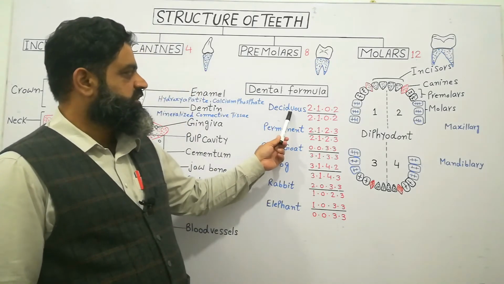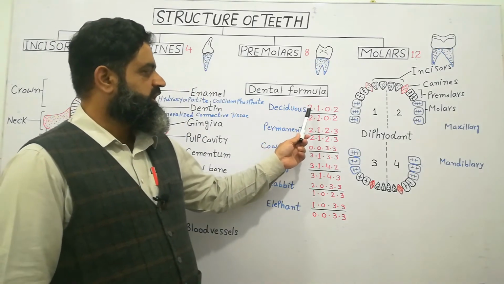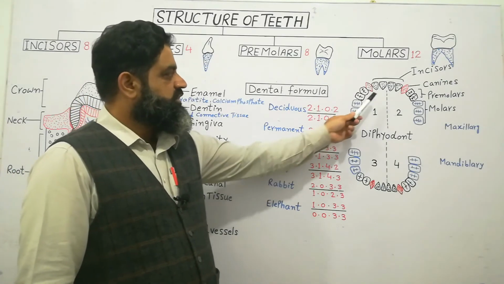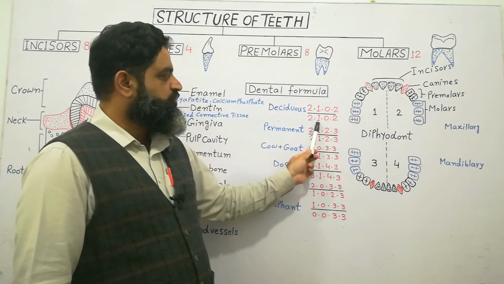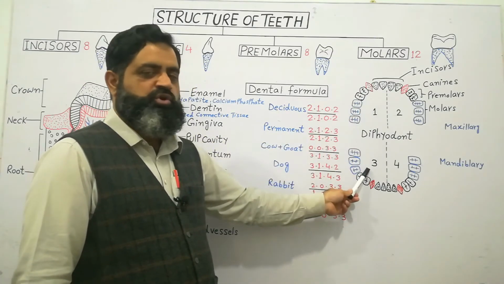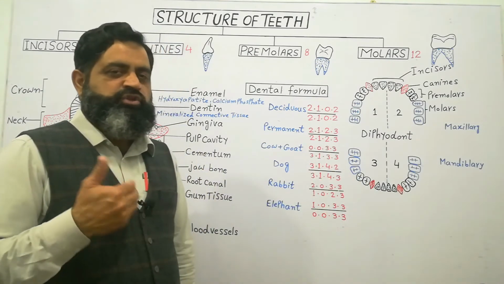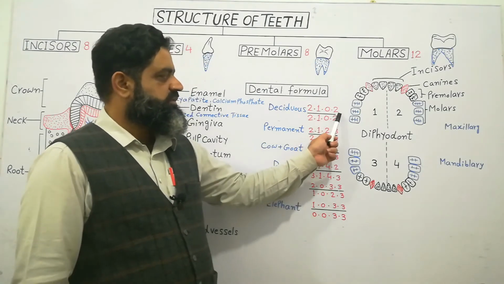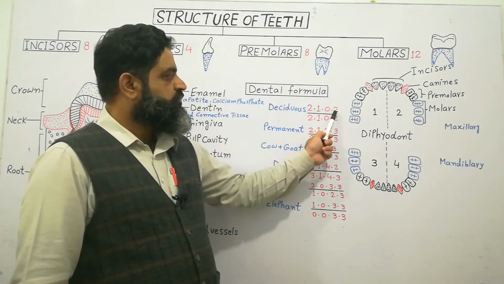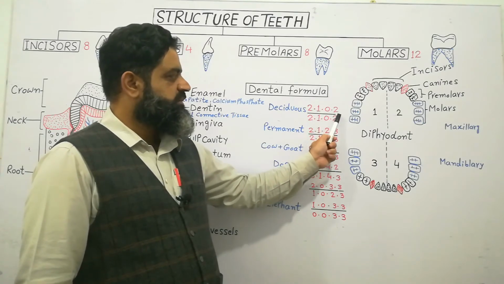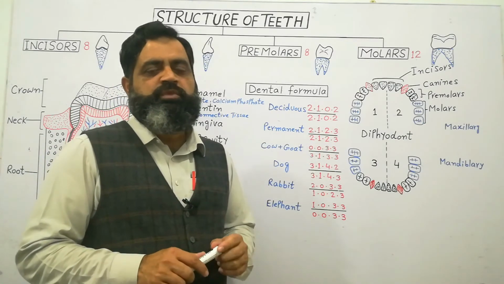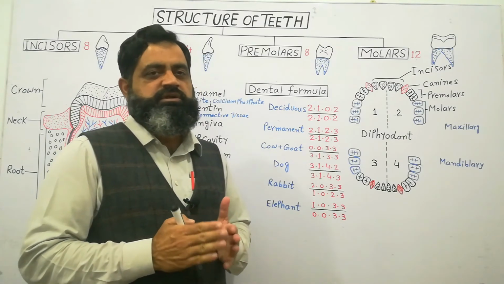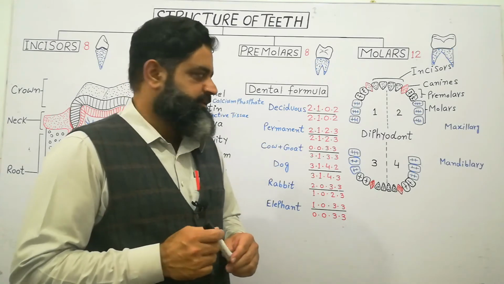According to the deciduous teeth dental formula, the human body has 2 incisors, 1 canine, 0 premolars and 2 molars on this side of the column, and 2, 1, 0, 2, the same formula, will be on the lower jaw. So to know the exact number in the human baby, you have to multiply this number by 2. So 2, 1, 2 is 5 on the upper jaw, 5 on the lower jaw, multiplied by 2 is equal to 20. So humans have 20 teeth, known as deciduous teeth or milk teeth, which are present before the age of 7 or 8 years.